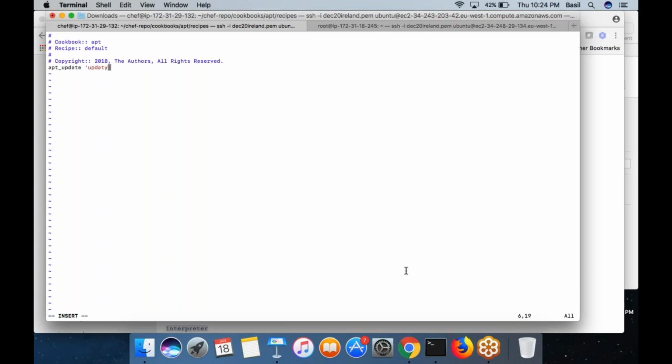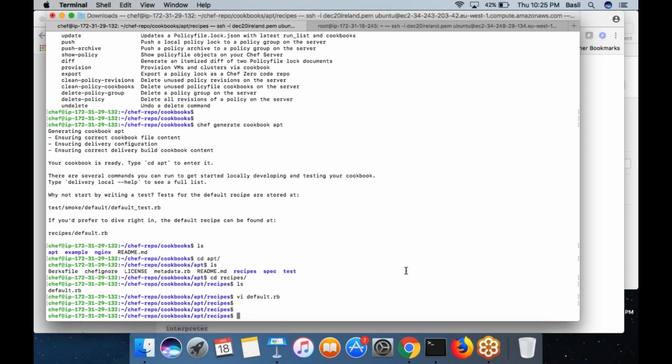This is the only resource which I want to put inside this recipe. So I have the apt cookbook. Inside the apt cookbook I created one recipe which would simply run the apt-get update command. Great. So I'm going to upload this apt cookbook into the Chef server. What is the command? Knife cookbook upload apt.